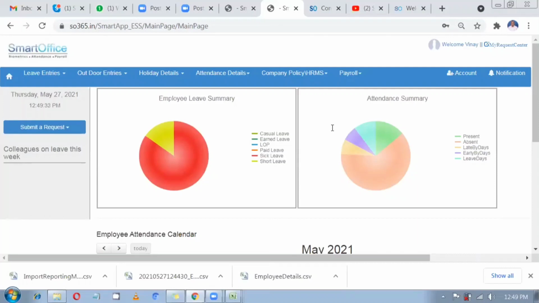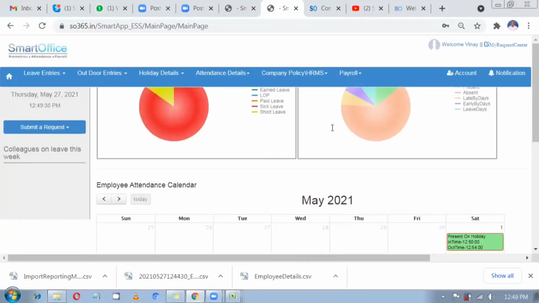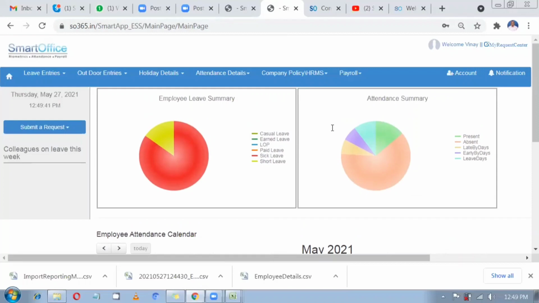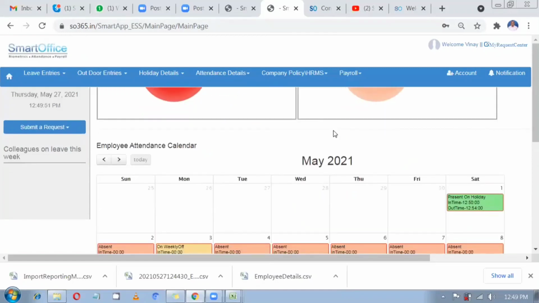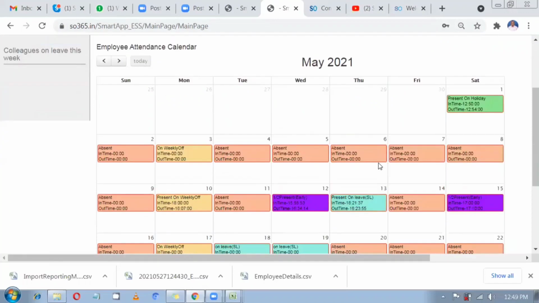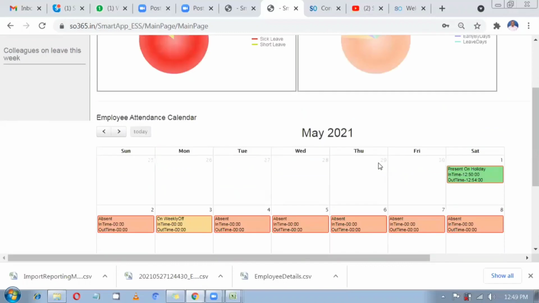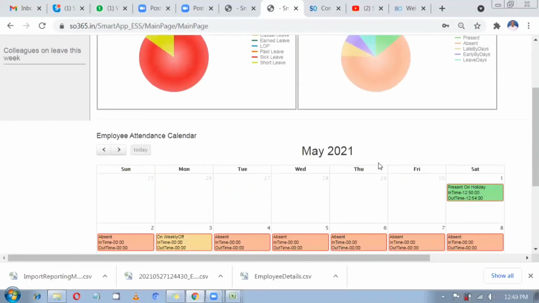Okay. So this is the main interface of the ESS application. This is the home page where you can see your leave summary graph, your attendance graph, and at the bottom you'll be able to see your one month attendance report. I can call it your present, absent status.